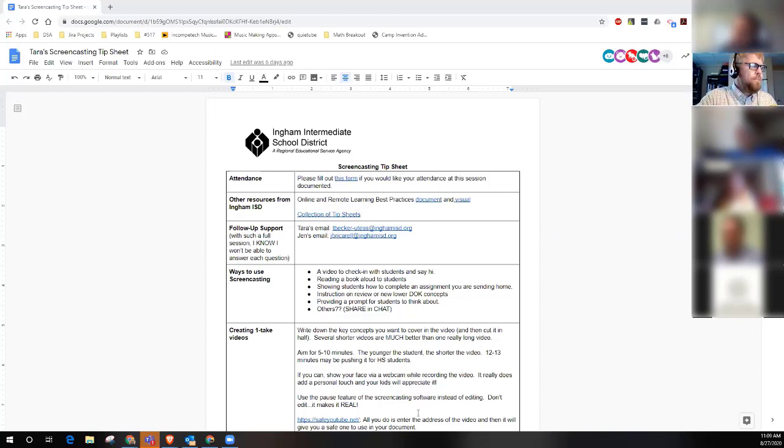All right, so here we go. Let's take a look at Screencastify and what it is. Screencastify is a Chrome extension. Extensions are the tools that live up here in the browser window. You've got to be in Chrome to use this. So if you're used to using Safari or Internet Explorer or Brave or Opera or any of these others, you may or may not be able to add Screencastify to it.